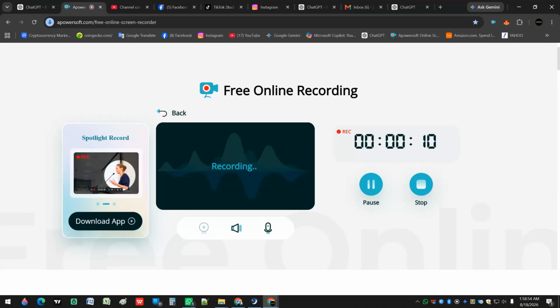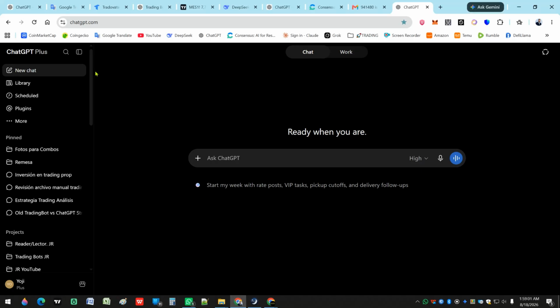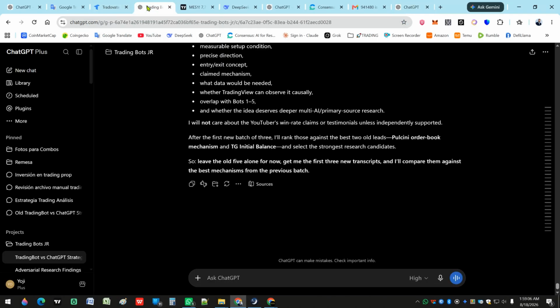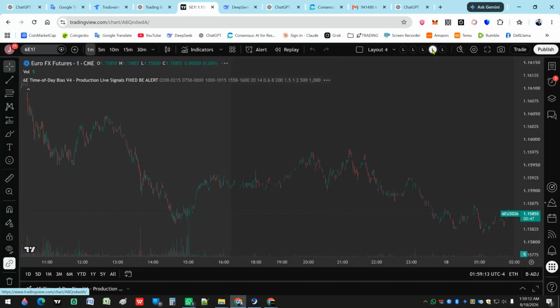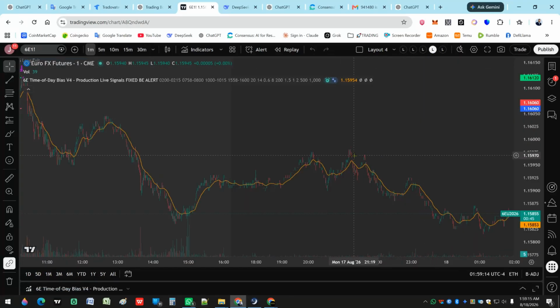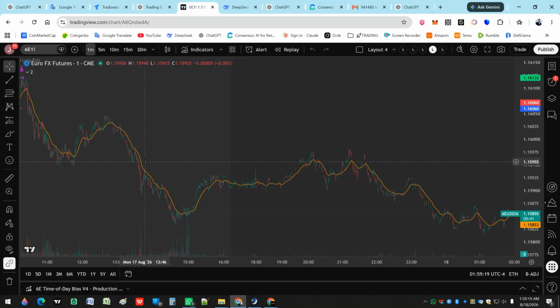Because in 1 minute there will be an alarm that will go off. The bot number 4 is this one, and there is an alarm that will go off now